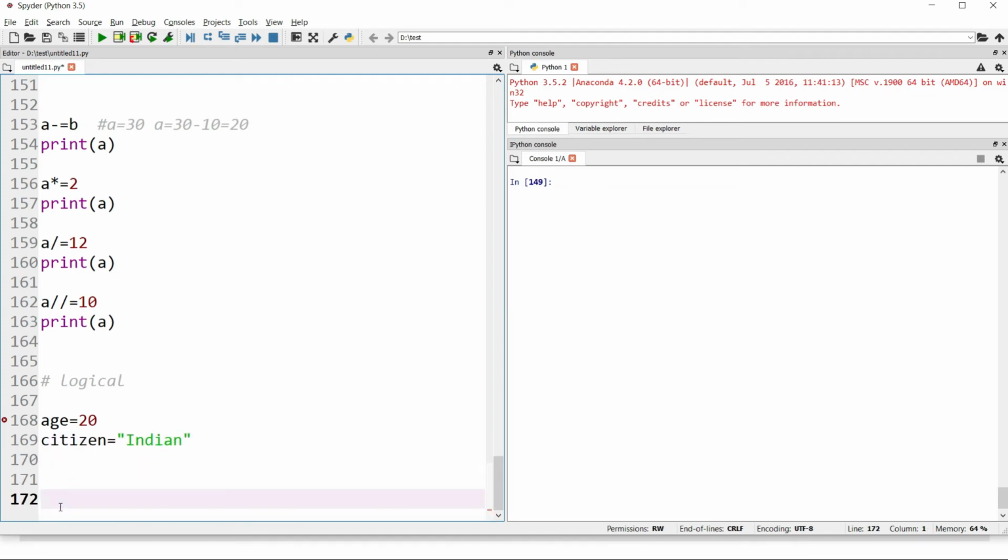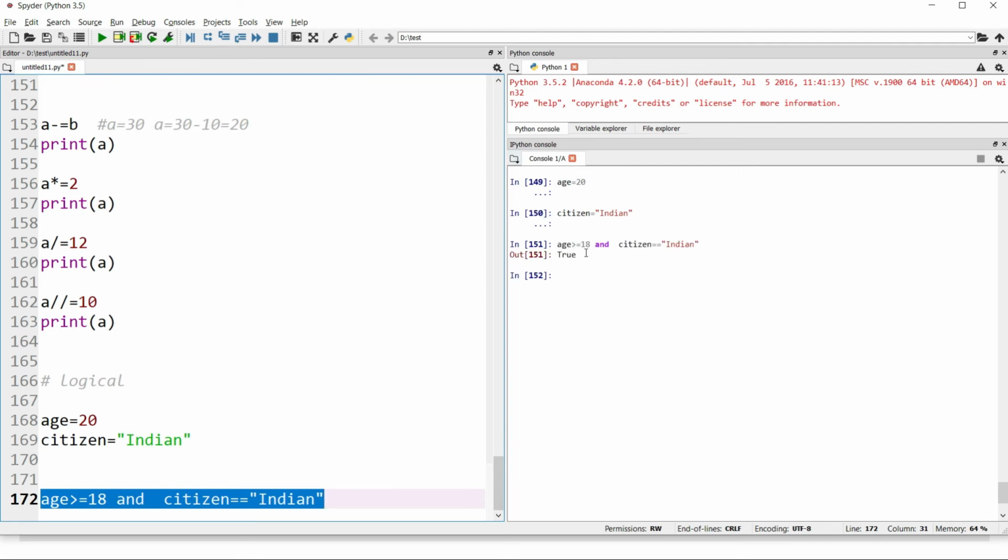Now what logic can I build here? Because if he is eligible to vote, both the conditions must be true. So the condition says that age of that person has to be greater than equal to 18. And so here you see, rather than using 2 ampersand signs, I'm using AND. So you can use logical AND in this way also. And he has to be a citizen of India. Okay, so citizenship must be Indian. Citizen equal to Indian. I'm not using assignment over here, I'm using comparison. Okay, fine. So let's just see, age is 20, the person said, so his citizenship is Indian, and now let's see.